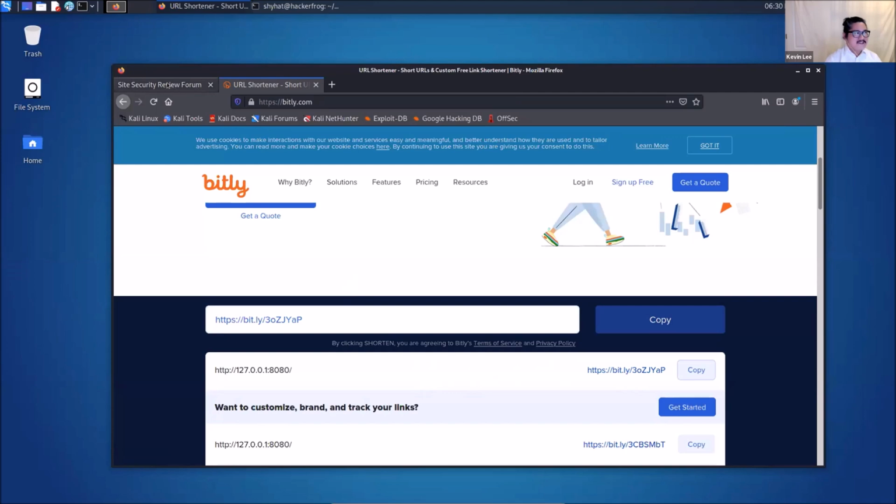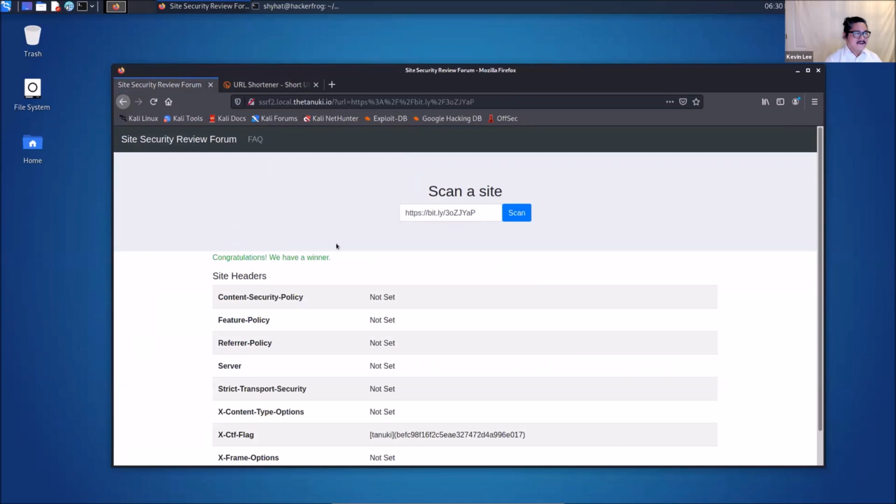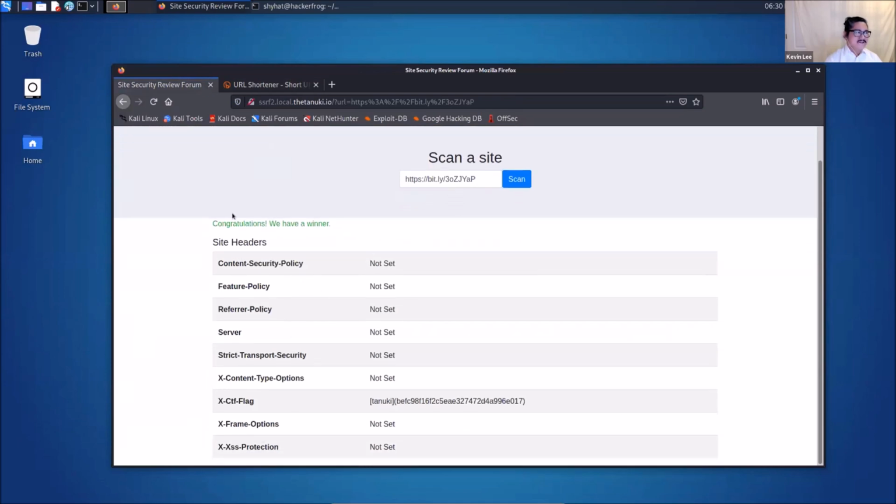So we go back to the application, and in the input field, we put in our bit.ly address and try entering that, and that indeed works. Okay, so congratulations, we have a winner. We get all of the regular unset security headers, and we have our flag. So everybody, if you manage to get the redirection done in some way, either through Bitly or through some other method, and you manage to get access to this flag right here,